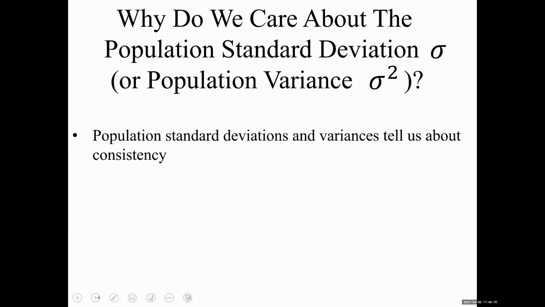Okay, what does it say here? Why do we care about population standard deviation? Standard deviation and variance tell us about consistency. Consistency is something very important in a lot of different places. I will give you one example. I can give you a ton of examples. Let me give you one example, and maybe I'll give you a second one. But for example, the market. So when you go to the market, you buy fruit or chocolate or whatever,